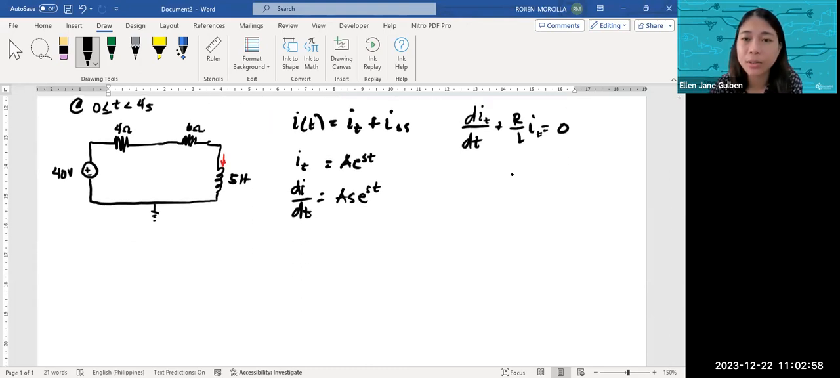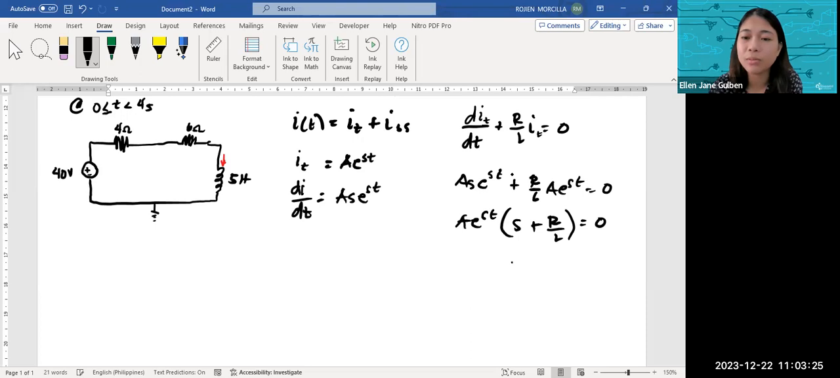So applying it into our differential equation, we have A S e^(st) plus R over L A e^(st) equal to 0. Factoring out A e^(st), we get S plus R over L equal to 0. It means S is equal to negative R over L. Now, applying it into our general or the complete response,